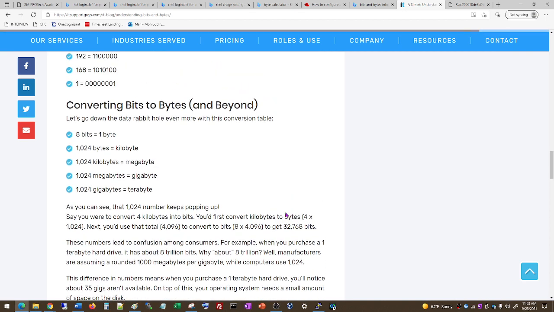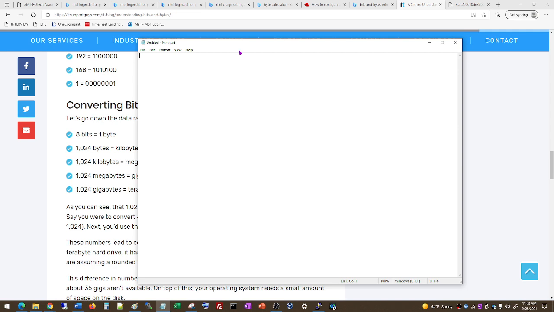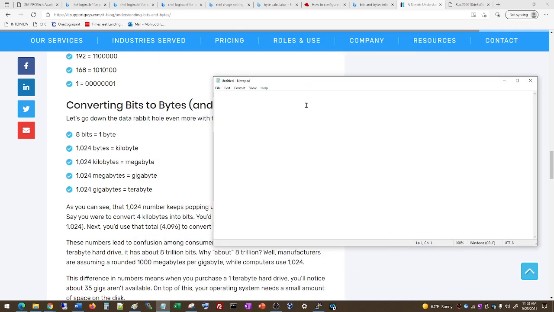Okay, look at this. This is what I was looking for. So 8 bits is 1 byte, and 1024 bytes is 1 kilobyte. Why does this come up to 1024? You have to go back to basic math, binary. So what you have here is 10 to the power of,